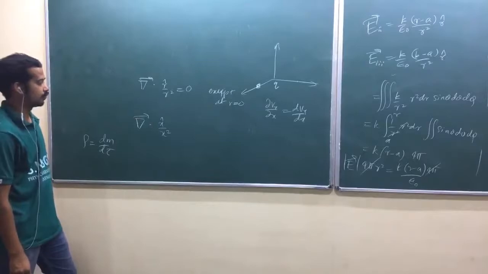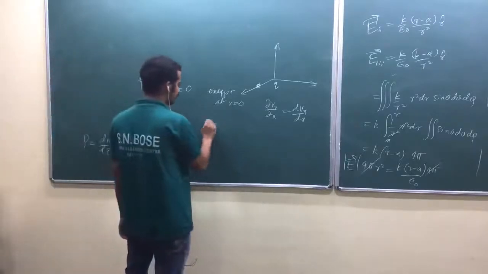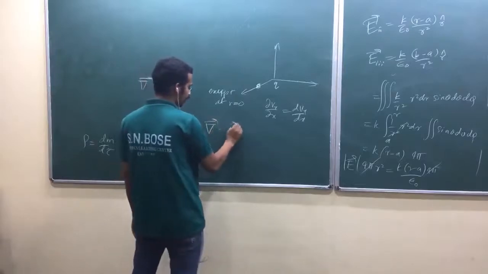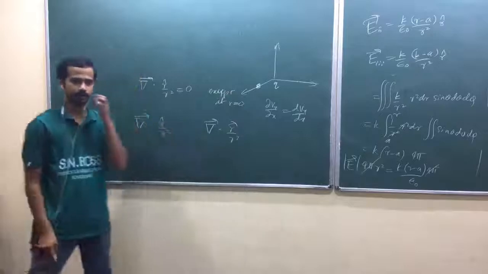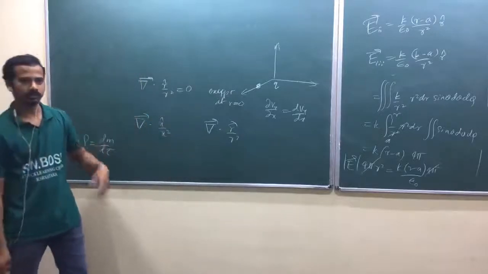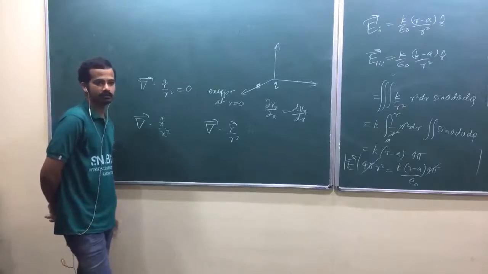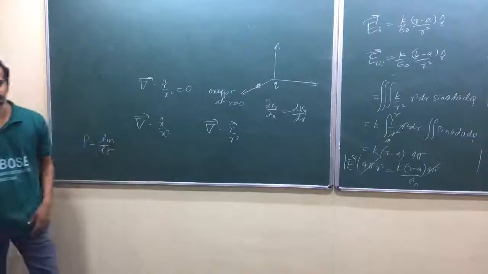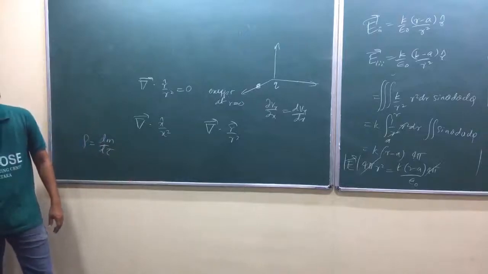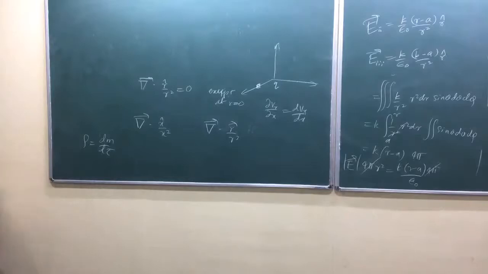So, as he said, do that: del dot r vector by r cube, write it in Cartesian coordinates, substitute and check it out, okay? Then it should give 0. That's a good idea to show that. But what we are missing here, that's the problem, isn't it? Yeah, let me think over it, okay? I shall see tomorrow.